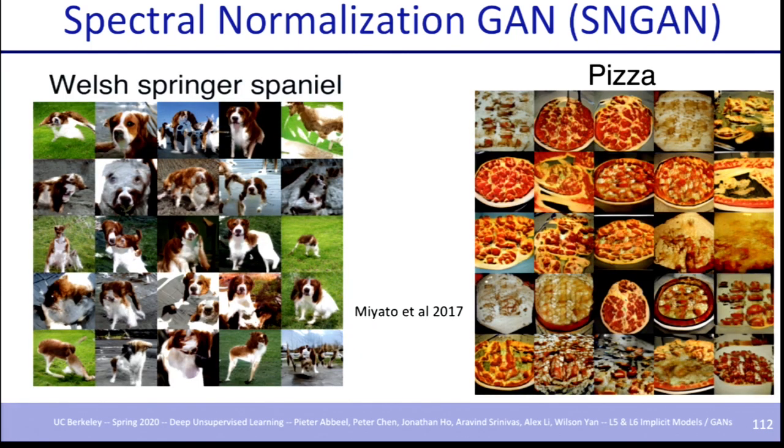So this time you're seeing even pizzas, right? You just had pizzas. So GANs can generate pizzas. They can generate a lot of good-looking dogs. So I think GANs are just getting better and better, and this paper improved it even further. So let's now look at the conditional batch norm idea, how spectral normalization is implemented at every layer, and finally let's just summarize everything in the SNGAN paper.